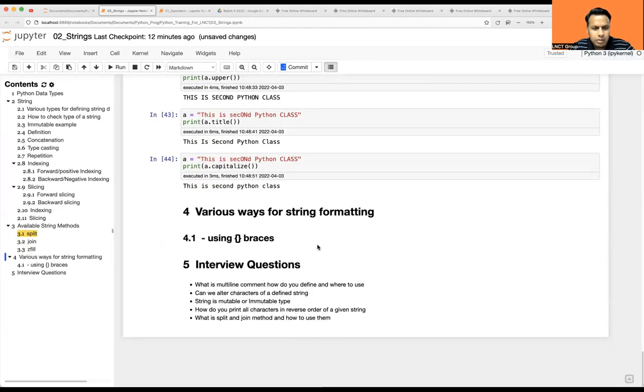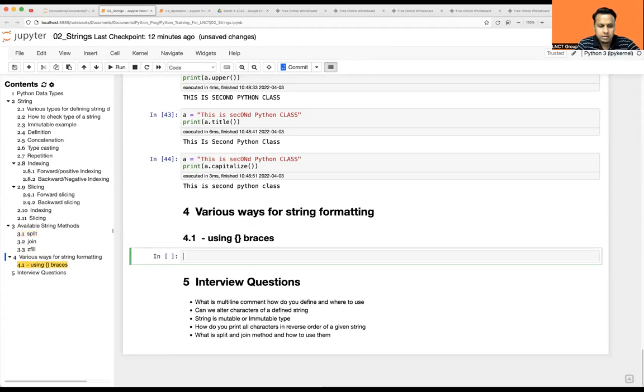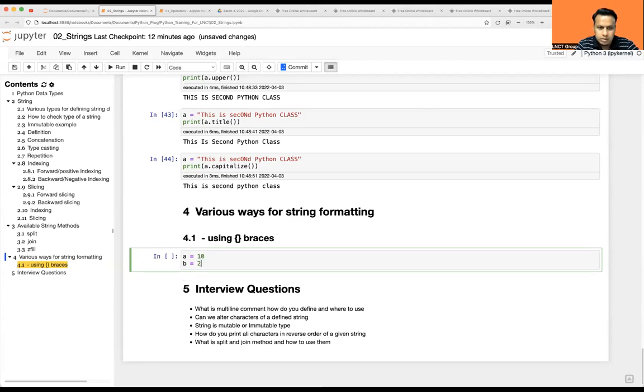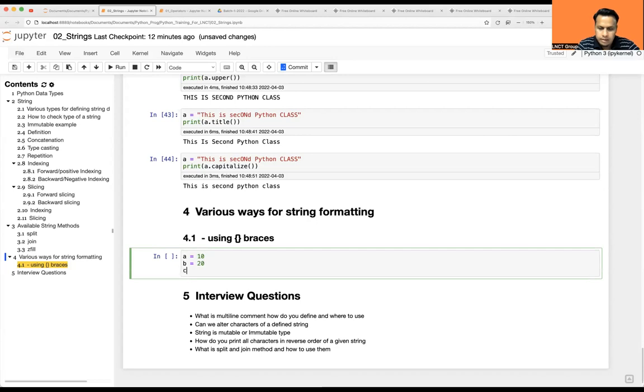Now let's see one more important thing about this output formatting. Okay, so in print you can do formatting using curly braces also. Okay, this is also very helpful. So let's say I have A equal to 10, B equal to 20, and let's say I want to print something. Print,